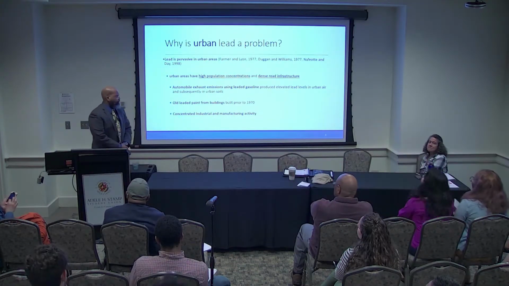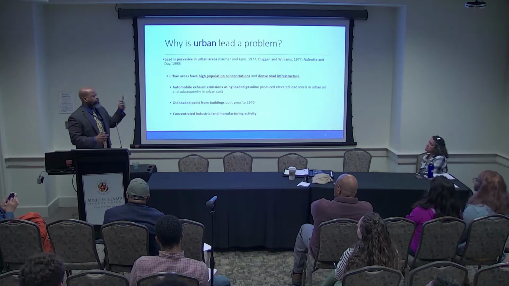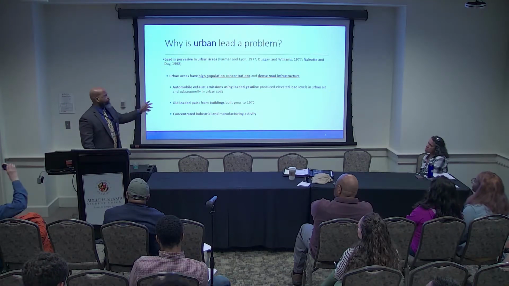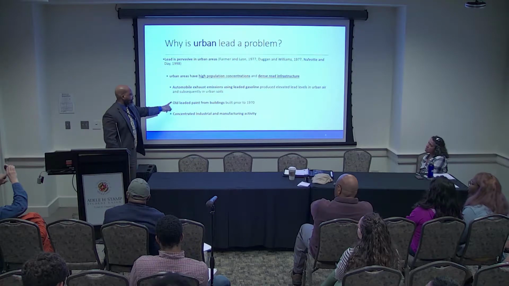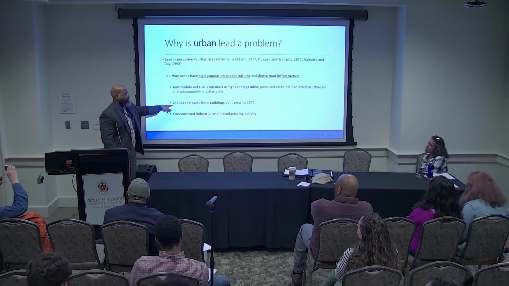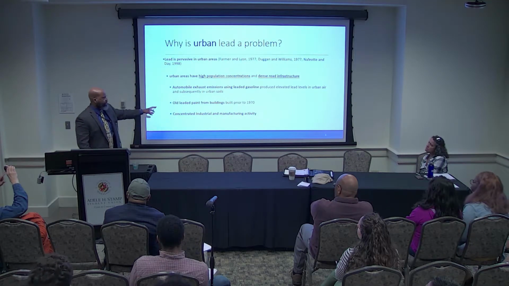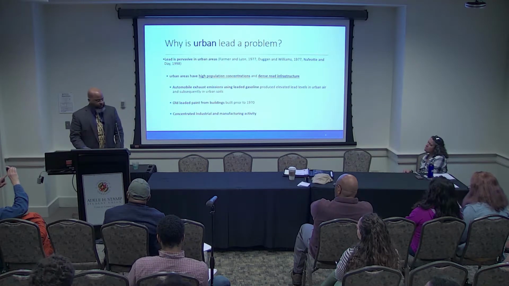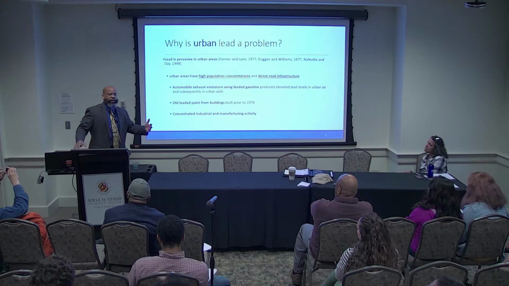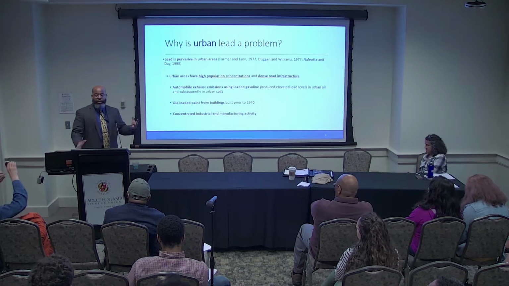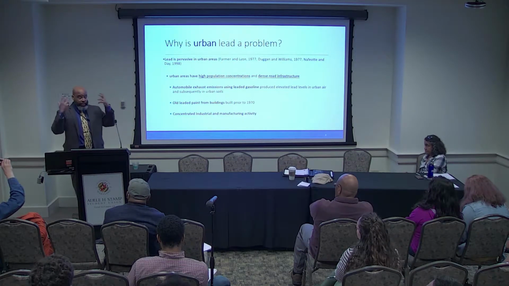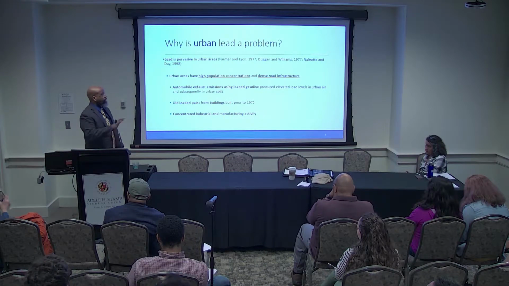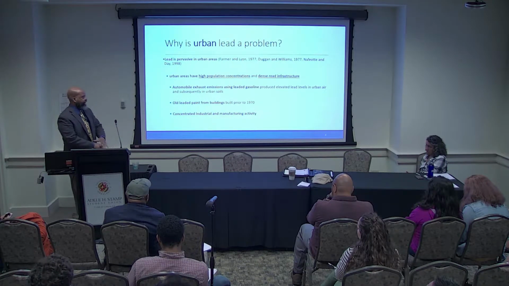Another source is old leaded paint from buildings prior to 1970, when it was generally outlawed. Mostly, though, this is for internal house paint, not necessarily external house paint. But the issue is that when older structures are taken down, there's not necessarily a lot of attention to the cleanup and dust issues, and the resulting deposition that stays.